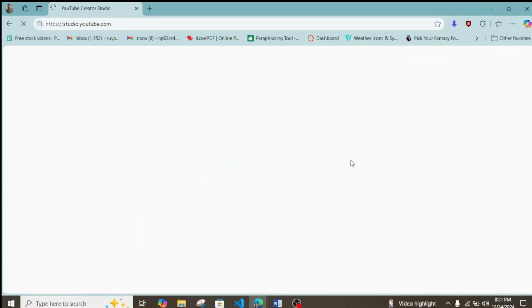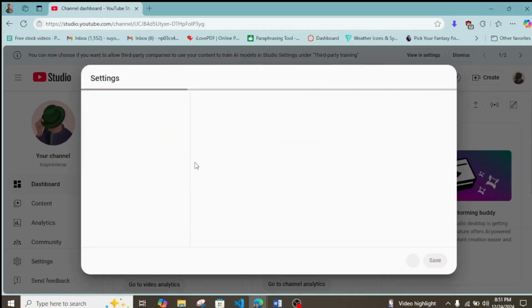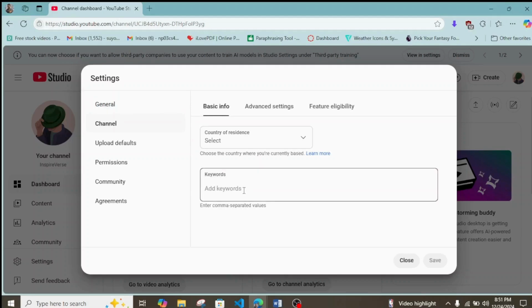Once you click on YouTube Studio, you'll be redirected into this page where you'll see dashboard, and you have to click on settings from here. Once you click on settings from here, click on channel from here, and you have to add the SEO optimization, search engine optimization keywords here. There's SEO keywords. So let's say my channel name is